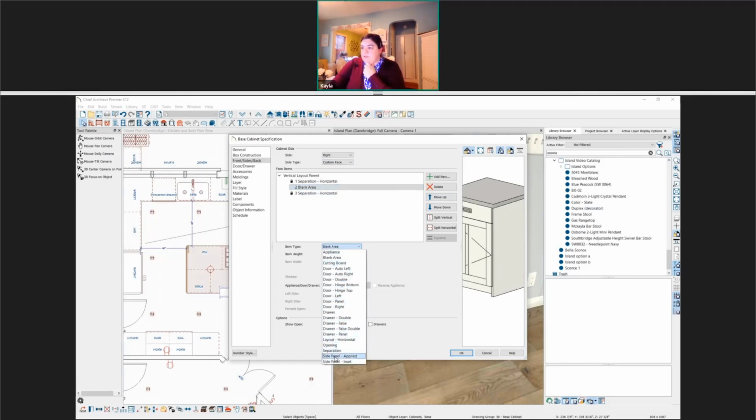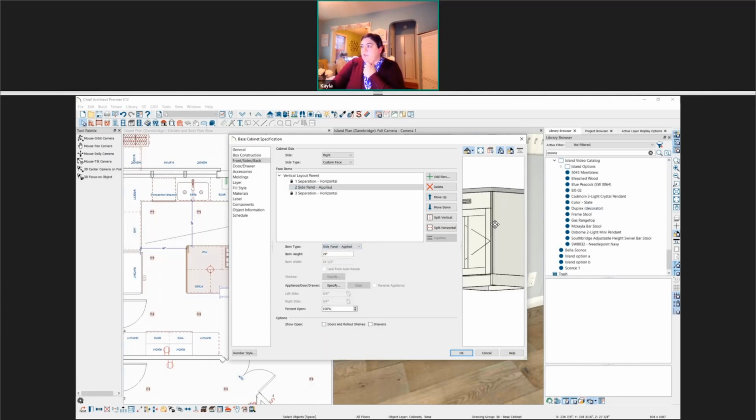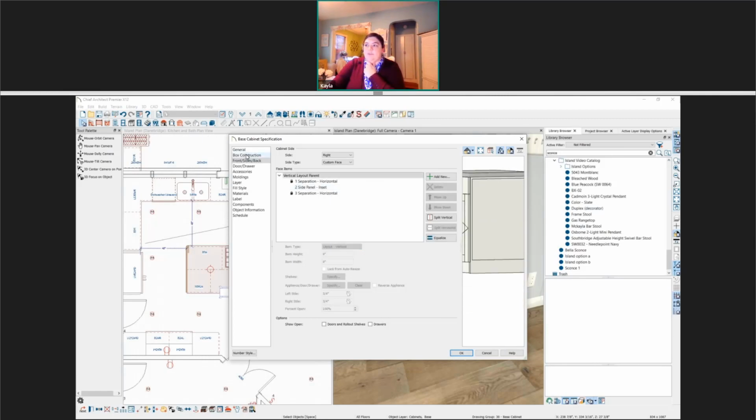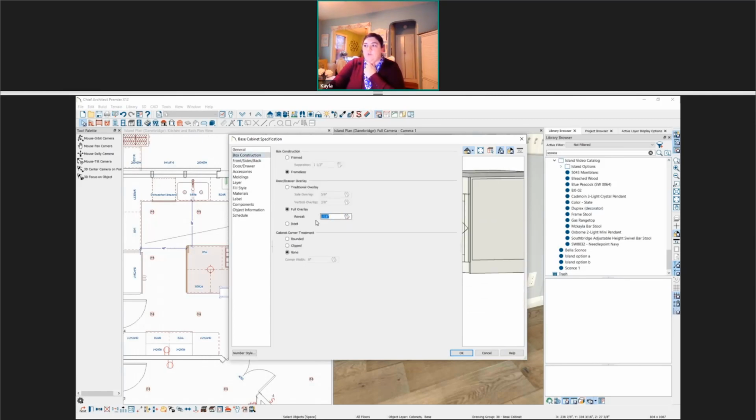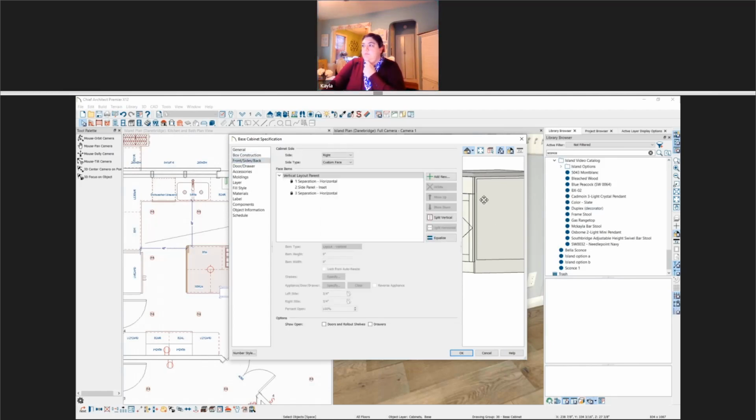where is it? Side panel. So we have side panel applied, and then we also have side panel inset. Inset is going to inset it with whatever you have set for your box construction as far as what your overlay is. Yeah, and I don't necessarily want that, because I'll use like an inset face frame and an integrated side panel,